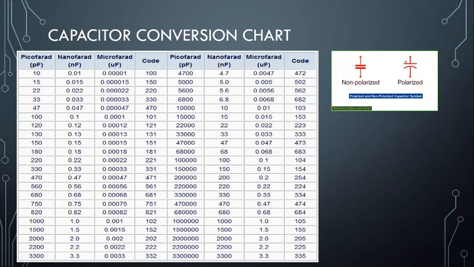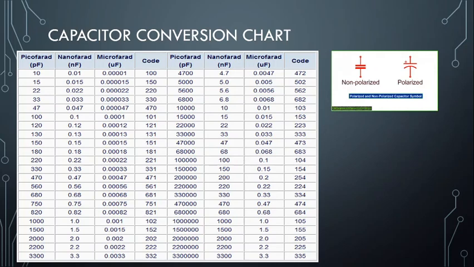The most commonly encountered types of capacitors are ceramic disc capacitors and electrolytic capacitors. We'll talk about ceramic disc capacitors first. These capacitors look like tiny M&Ms or gems with two wires sticking out of them, and electrolytic capacitors look more like small cylindrical tubes with two wires coming out of the bottom.